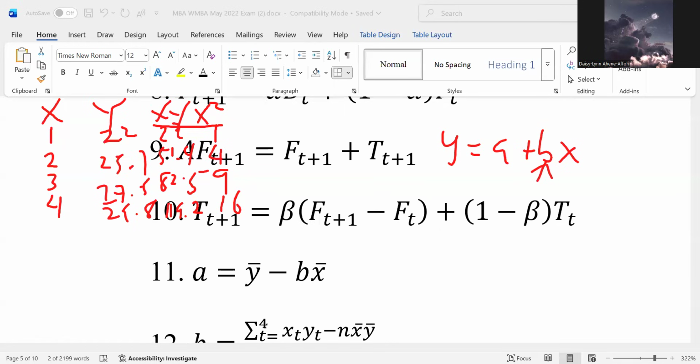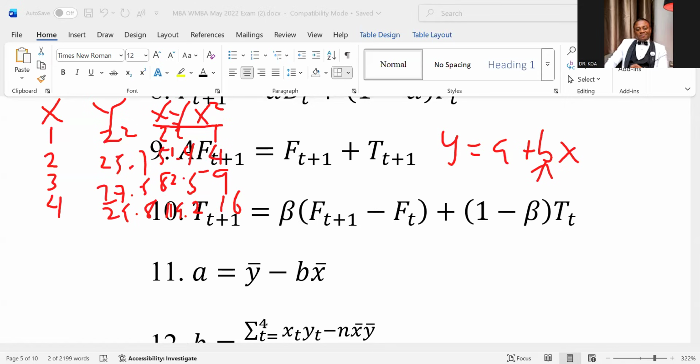Daisy. Well, I always ask why there's a bar on top of the Y and the X here in equation 11. Yes, please. I've not gotten there. When I get that, I'll tell you.